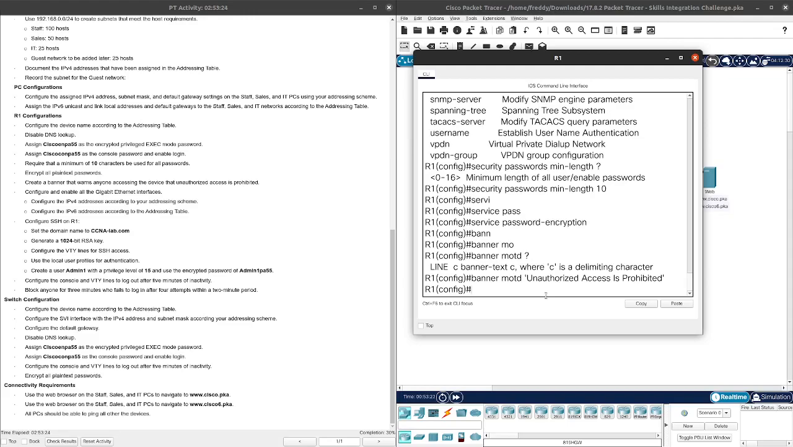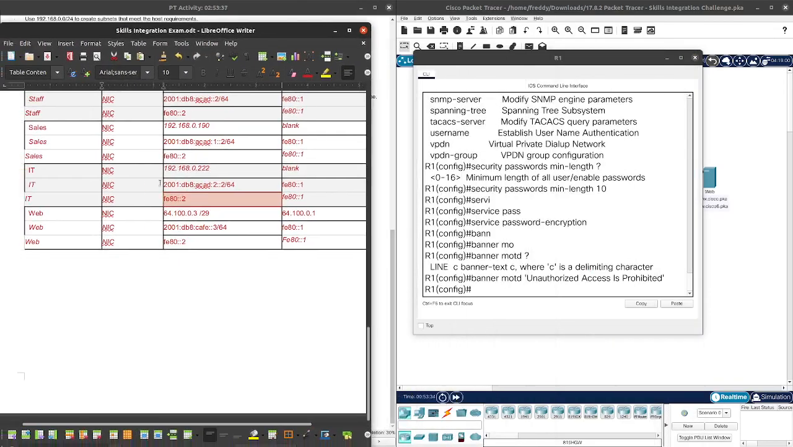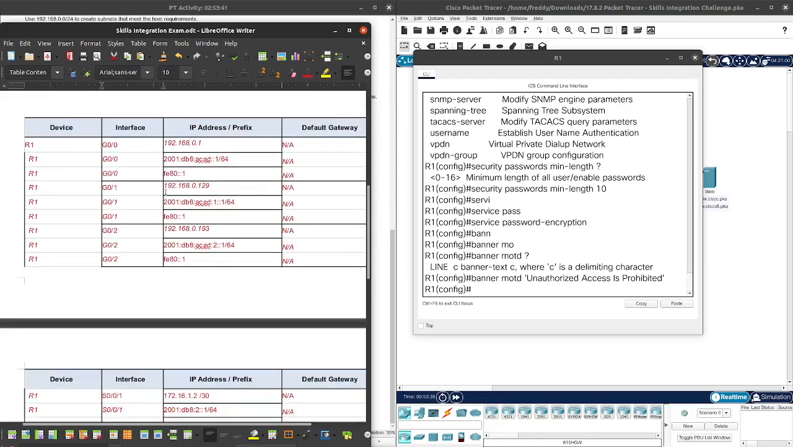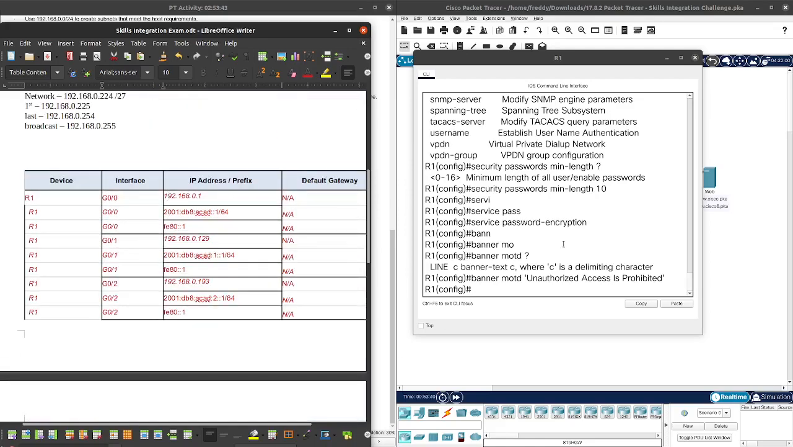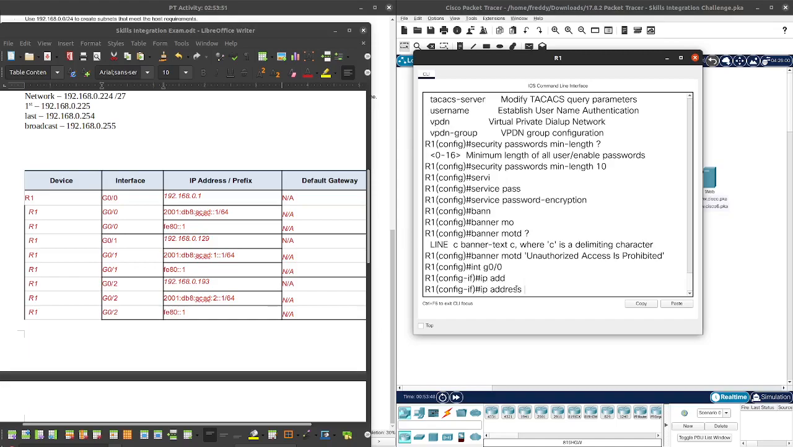Configure and enable all the Gigabit Ethernet interfaces. Okay, let's go ahead and pull up our document. So we need only the Gigabit. So G0/1, we don't need that. Because G0/0, obviously, IP address